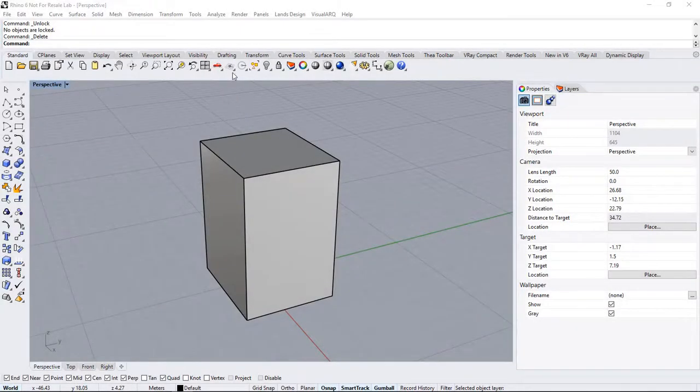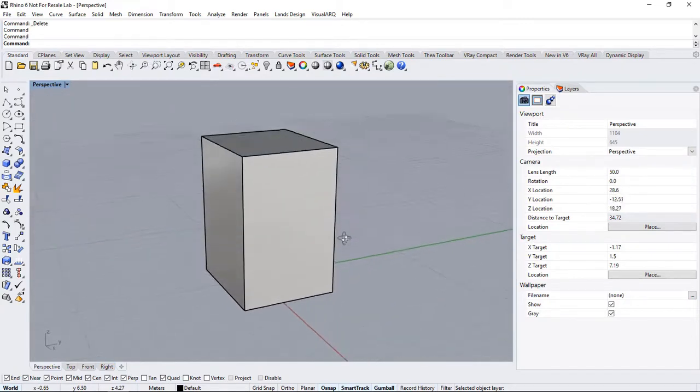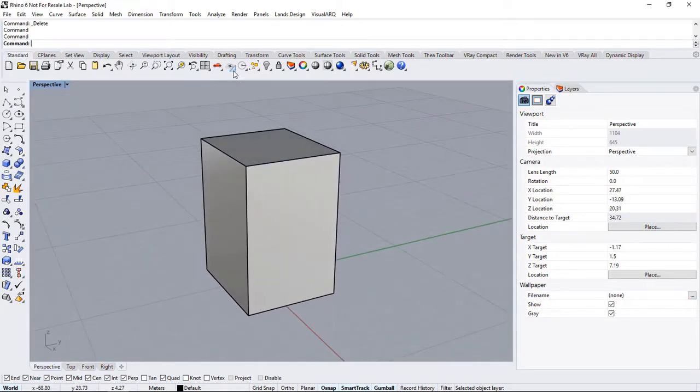Let's take a look at the construction plane options, which we'll find inside this toolbar. Right now, we have the construction plane at the 0 elevation. The F7 button can toggle the grid visibility, giving us feedback of the construction plane position. In this toolbar, we can find options to change its position and